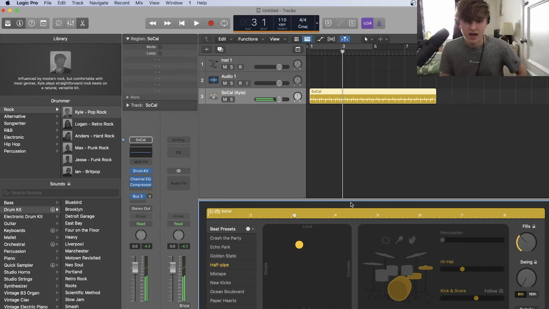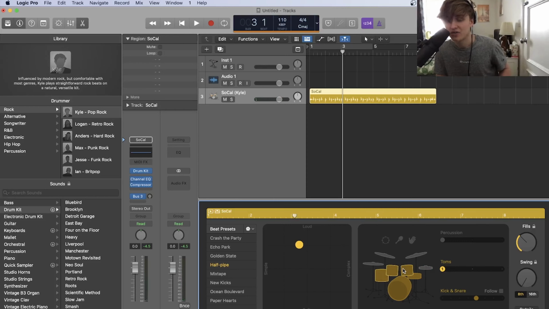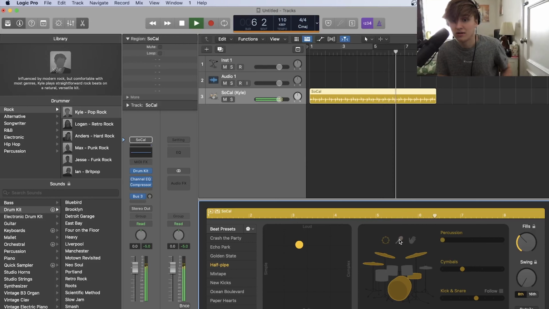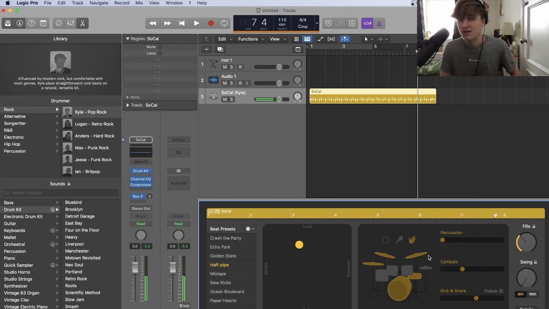There you go. And what's really great about this is you can change what you want to play. So if you just want it to be toms, only toms will play. Hi-hats, cymbals, add a shaker or a tambourine, claps. And what you can do to play around is you can play around with the fills, so get the drummer doing a little bit more extra things like hits around the toms, or you can use the swing, which is